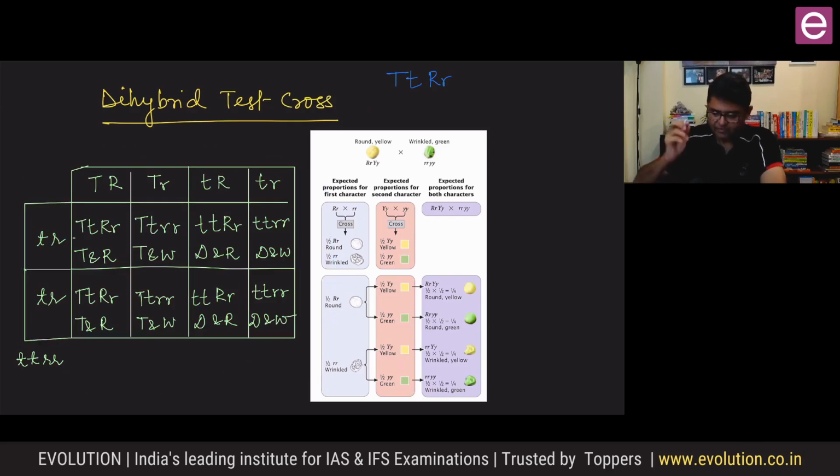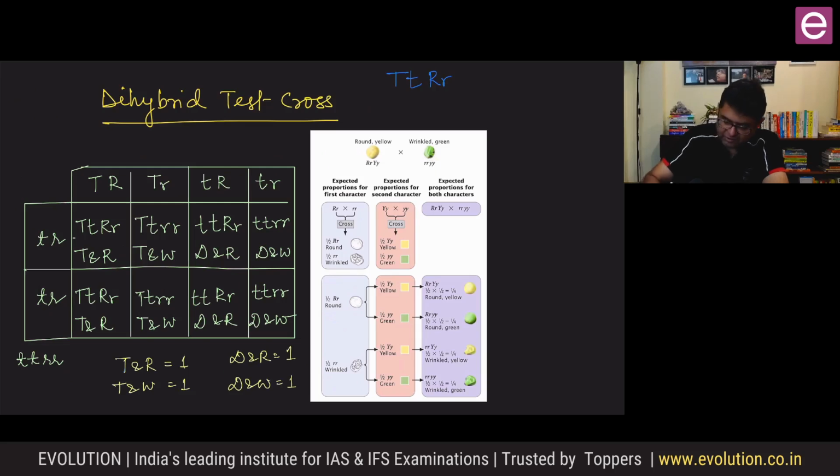Okay. So what do you see? The ratio. Tall and round is 1. Tall and wrinkled is 1. Dwarf and round is 1. And dwarf and wrinkled is 1. So what is the ratio? The ratio is, for dihybrid test cross, 1 versus 1 versus 1 versus 1, and for monohybrid, 1 versus 1. So I hope you understand dihybrid test cross also. So well, that is all about